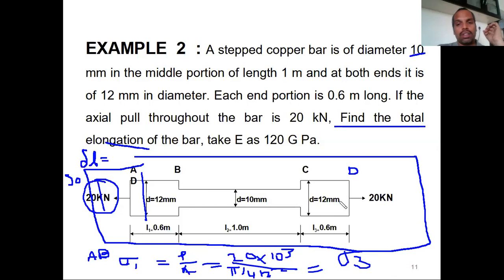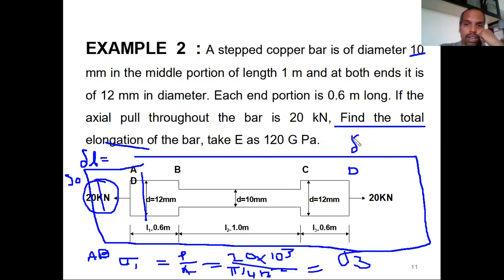Right? Same amount of the load and same diameter. So that's why they both will be subjected to the same stress as well as the same elongation, because the length is also the same. Right? That's how you have to calculate. Now let us see the solution. How to calculate delta L?